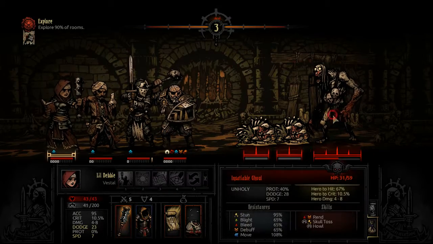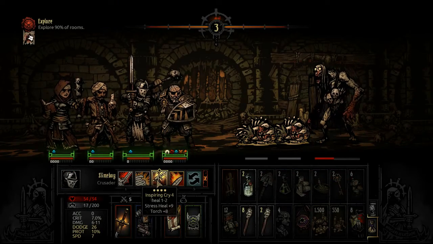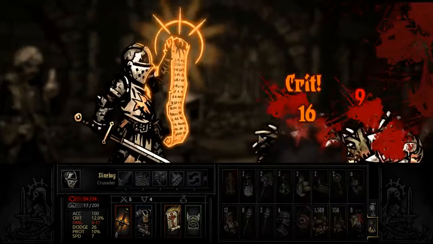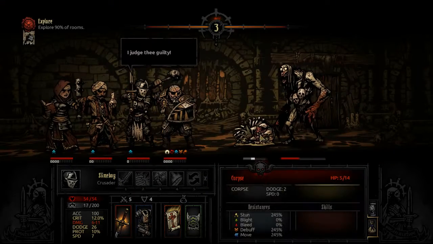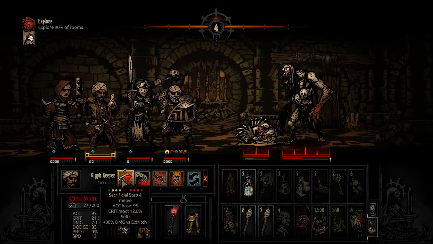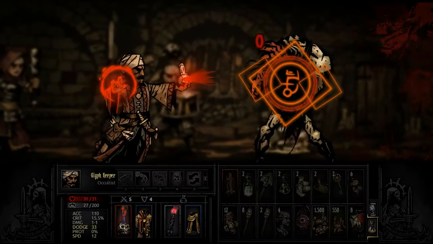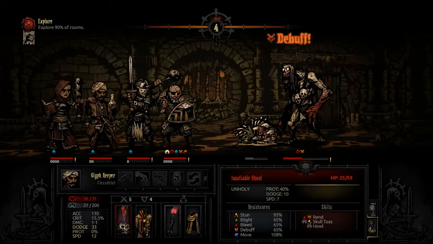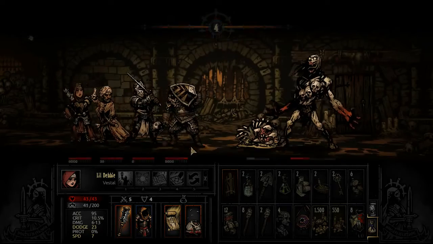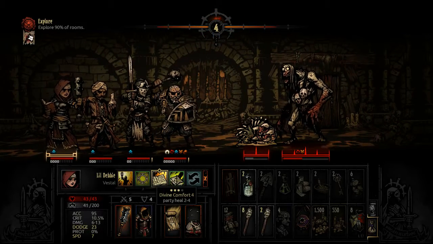Right. Judgment. He's not actually damaging us, and I'm wondering if that's because of the back row. Now that brings him forward into range of everybody. Judge feel guilty. He does have a dodge score. Let's actually put the vulnerability hex on him just to be on the safe side. Debuff, Howl. Yeah, he's just not attacking us, which in many ways is fine, but...